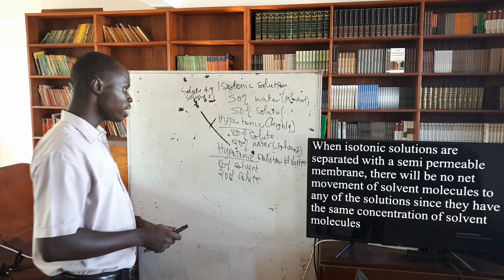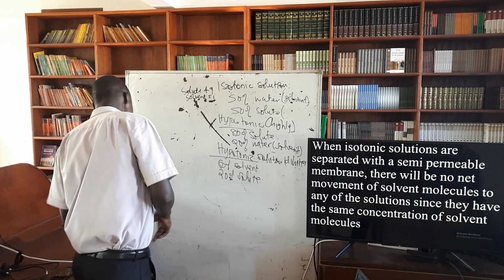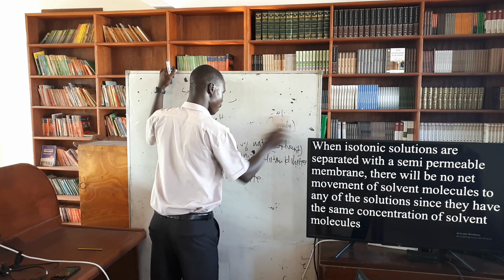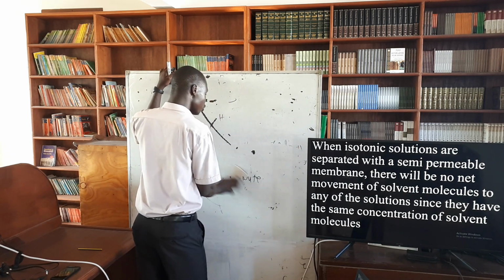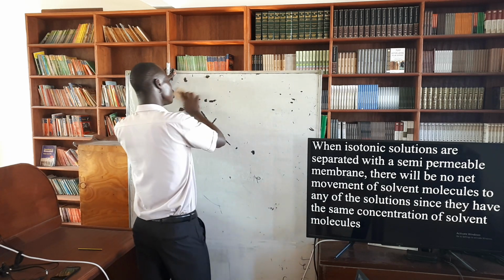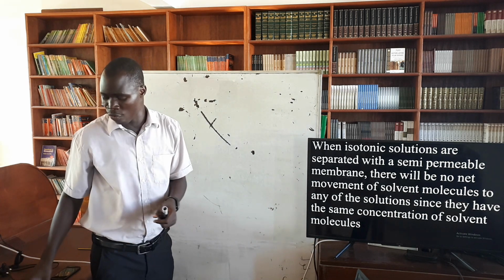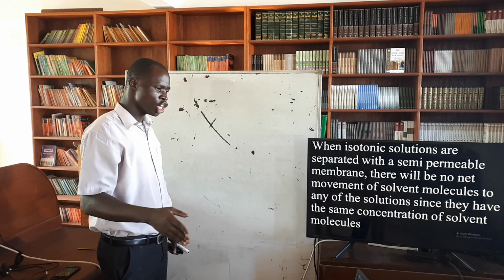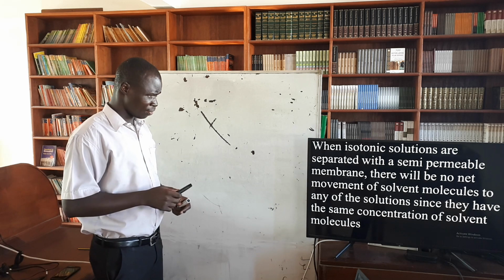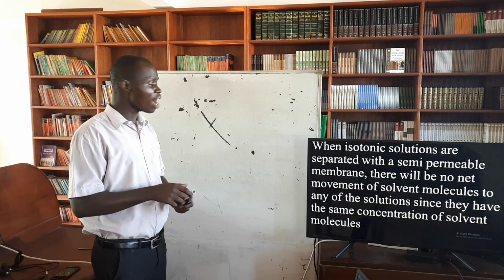When isotonic solutions are separated with a semi-permeable membrane, there will be no net flow because where will they be flowing to? You see, for osmosis to take place, one solution has to be concentrated while the other one has to be dilute, such that molecules can move from dilute to concentrated. But you find that when both solutions have the same concentration,